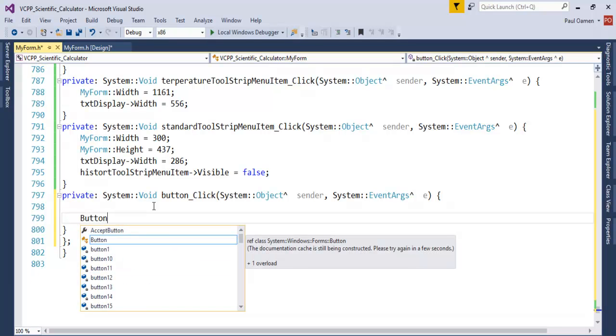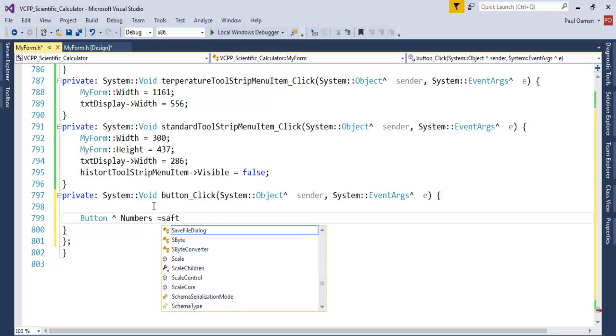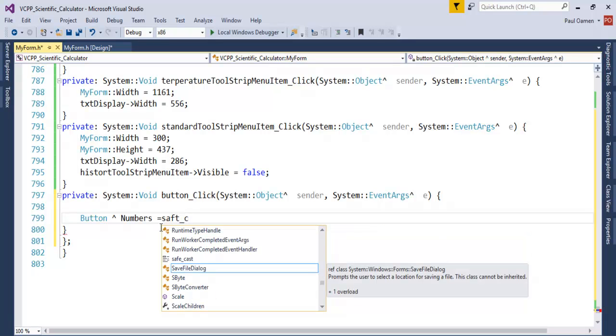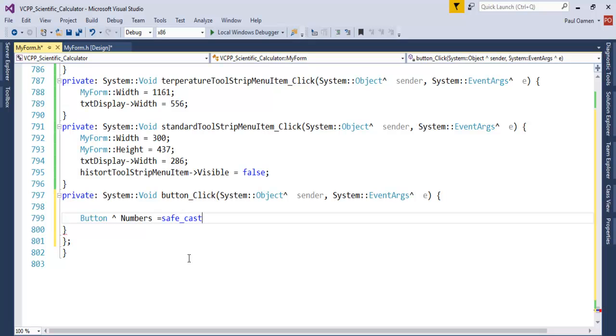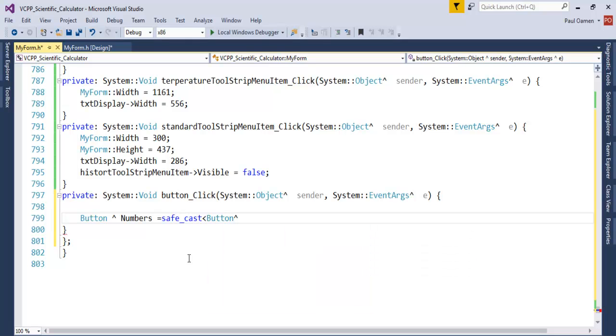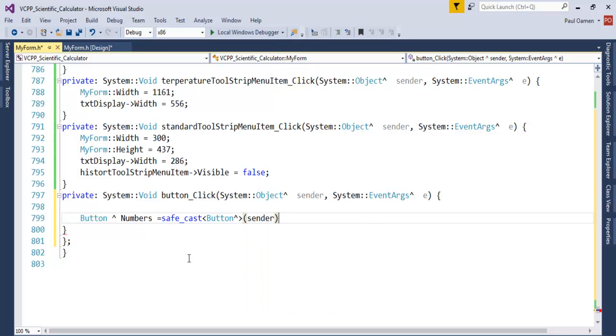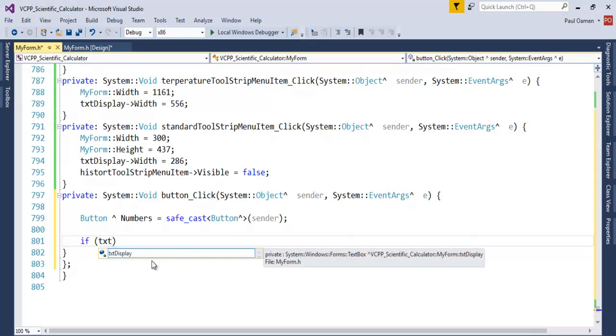Button. Let me call it numbers. So that's the name of my object, equals self underscore create cast. There we go. All right, that'll be button, less than button, and we need to enter greater than, then ask the sender to take care of that. Enter a semicolon there. Then let's say if txt display